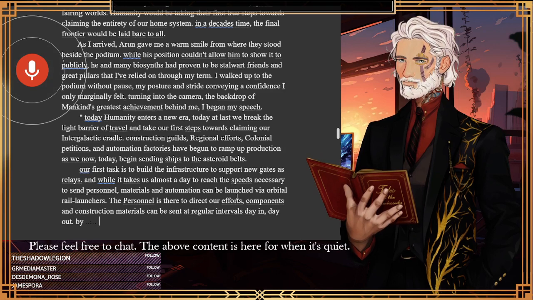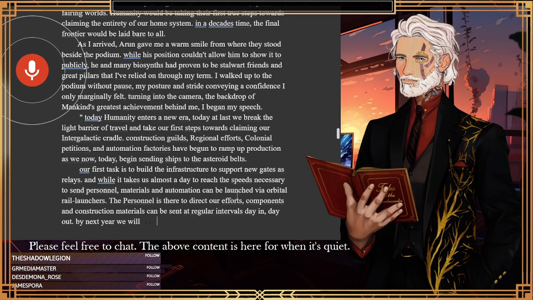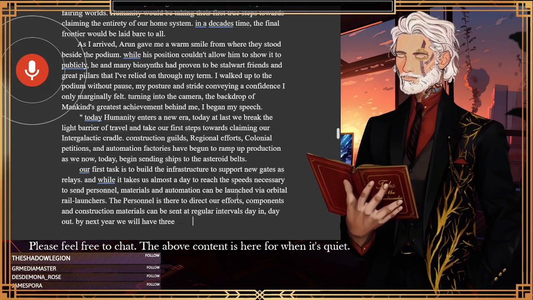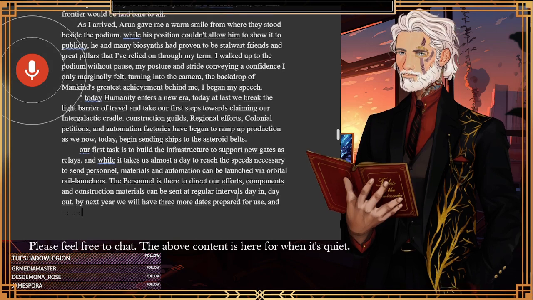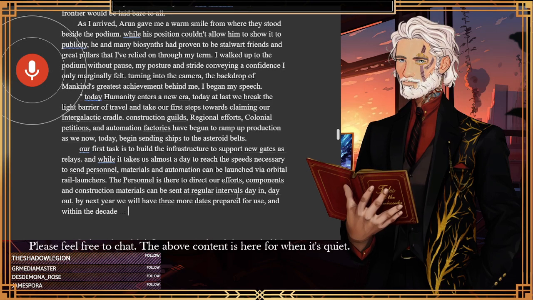By next year, we will have 3 more gates prepared for use. And within the decade, we will have the infrastructure to build